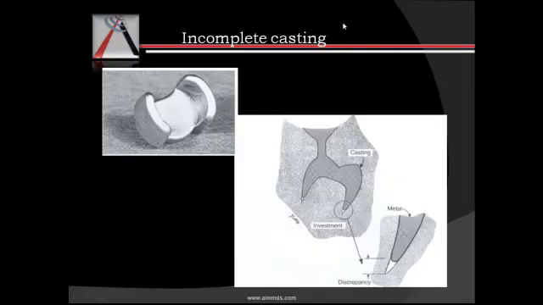Now, after the porosity, lastly we come to the incomplete casting. If for some reason our metal is not able to flow into these tiny sharp edges, it results in incomplete casting. This may be because of inadequate pressure, or because of incomplete wax elimination. And this incomplete casting will result in rounded corners and loss of the surface details. To prevent that, of course, we have to use an adequate casting pressure and proper wax elimination technique, which will help in preventing the incomplete casting.